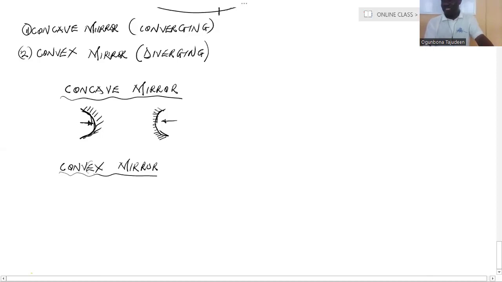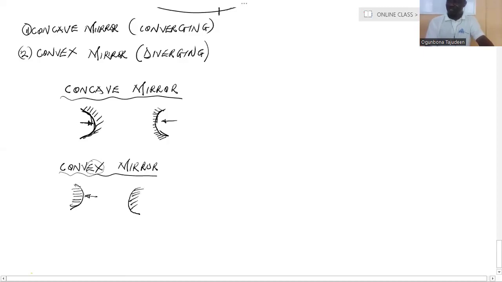Convex curves externally. Look at that. If I do like this, the part that's seeing something is the external part. It curves out. This is the part that's seeing something. This is the mirror part here. Or if I do like this